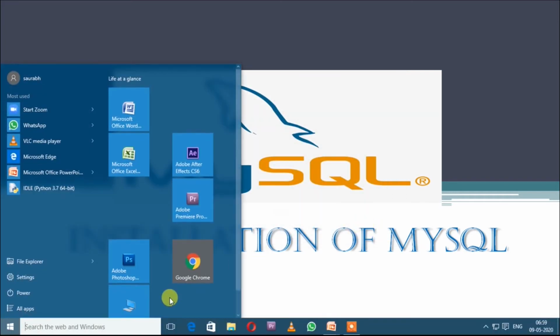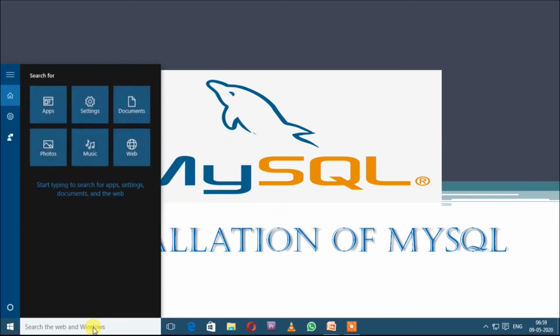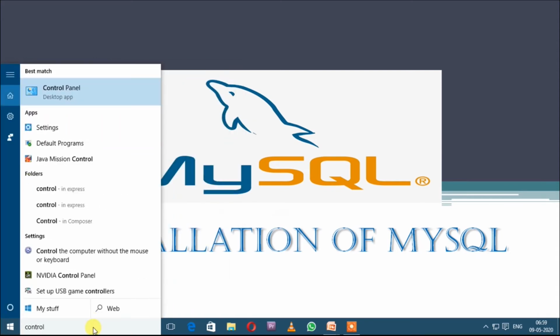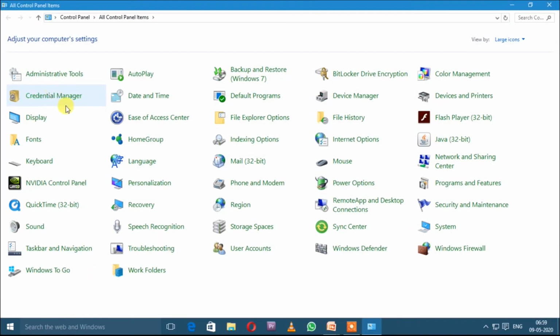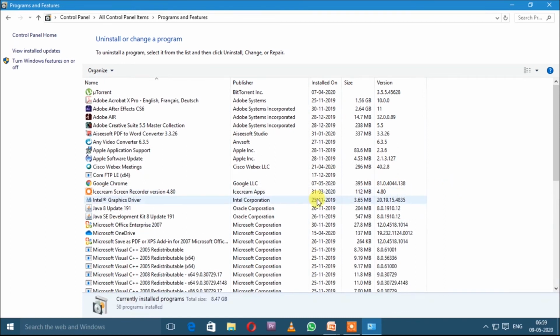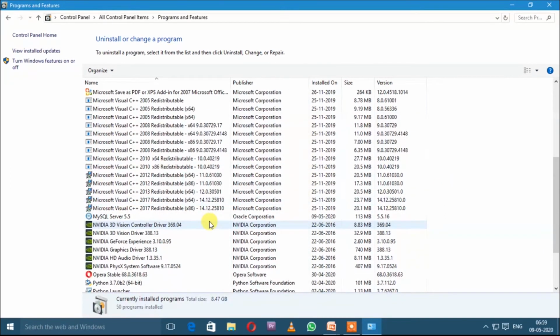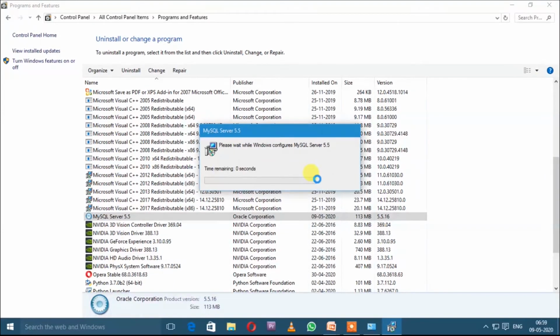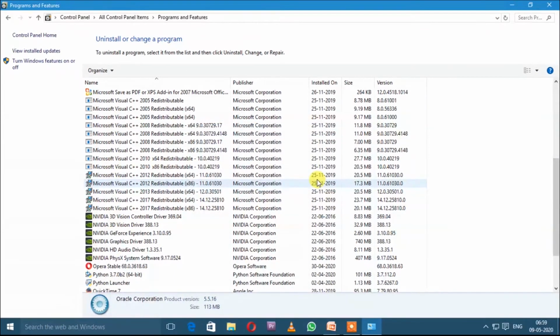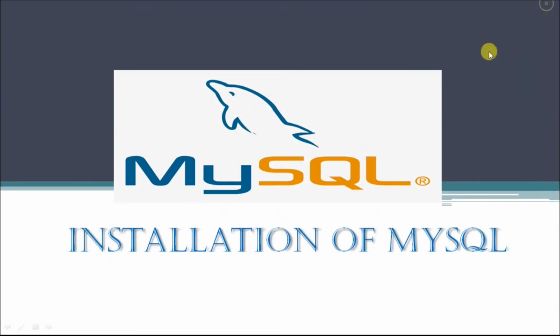move to the control panel, then programs and features. Look here, MySQL is installed here. Uninstall this MySQL first of all. After uninstallation, move back to This PC.